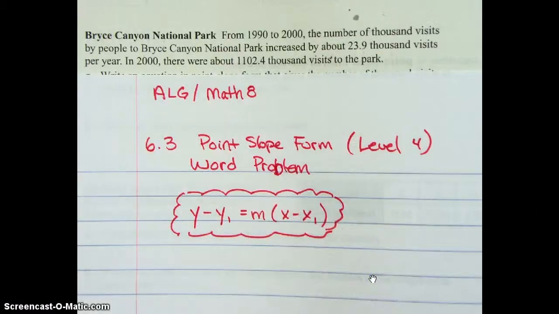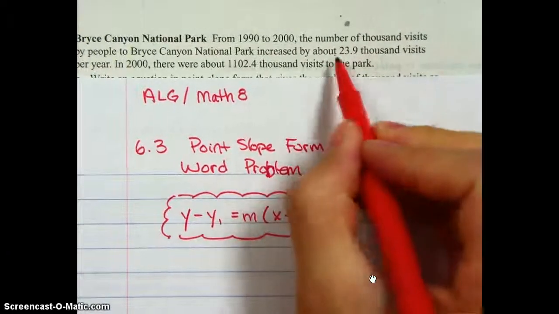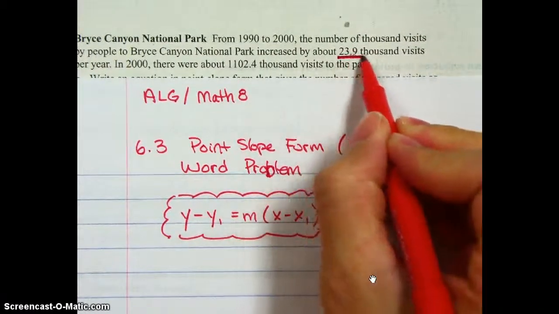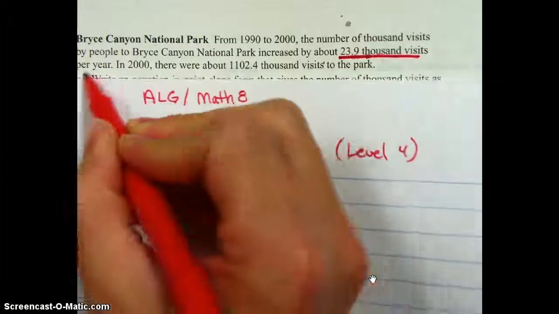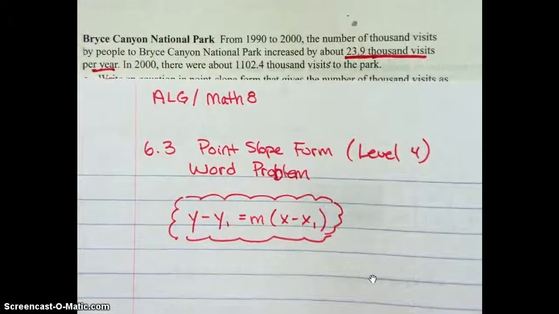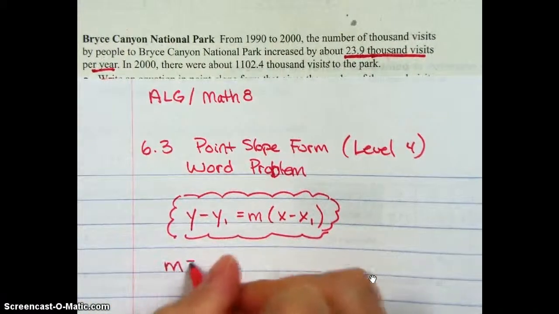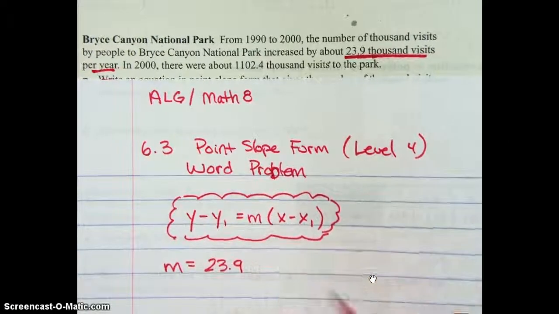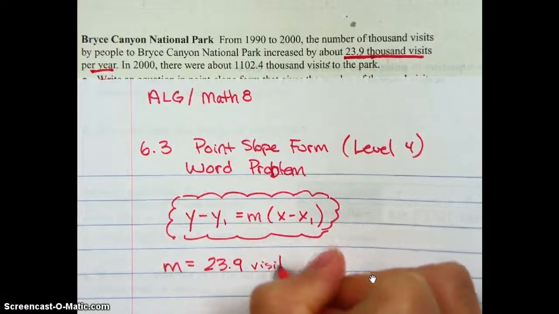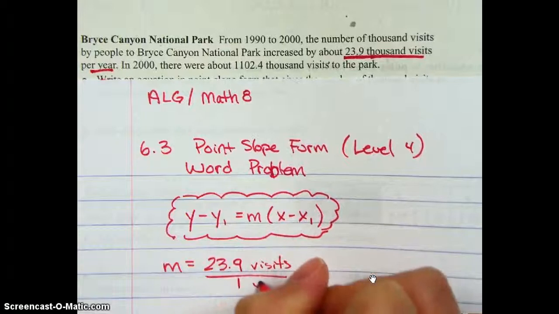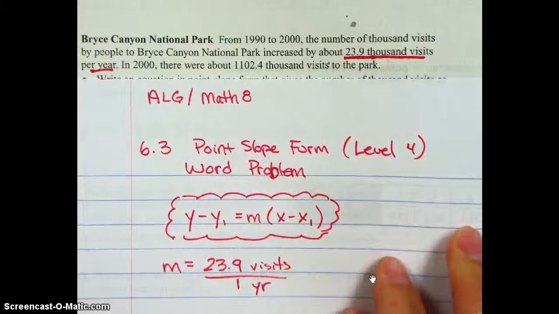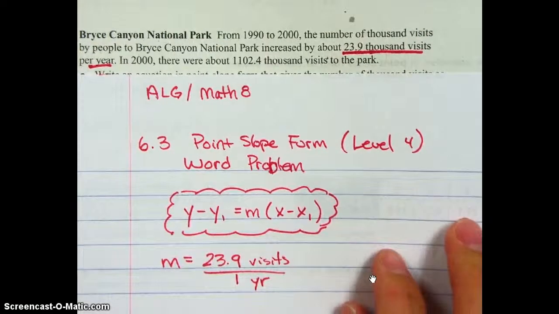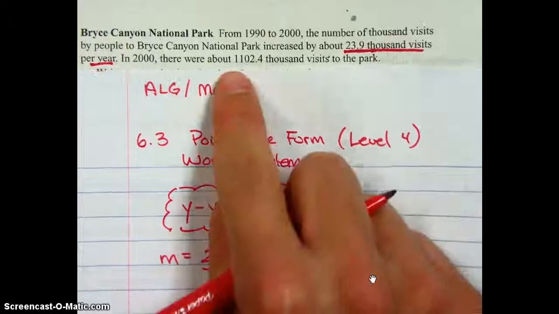It says from 1990 to 2000, the number of thousand visits by people to Bryce Canyon National Park increased about 23.9 thousand visits per year. So that's a rate of change, if you will. That's my slope. So my slope is 23.9 visits per 1 year. Okay, so that was from 1990 to 2000, and then it says in 2000 there were about